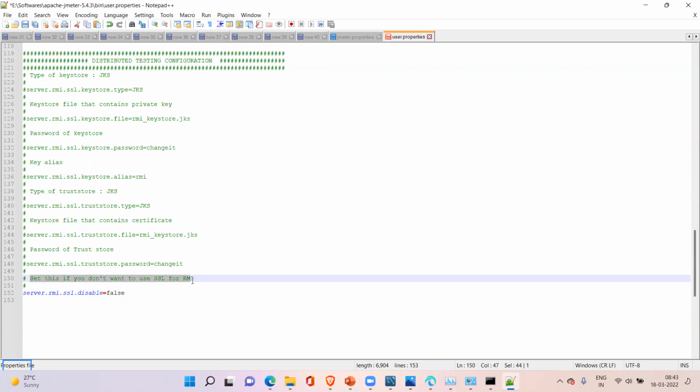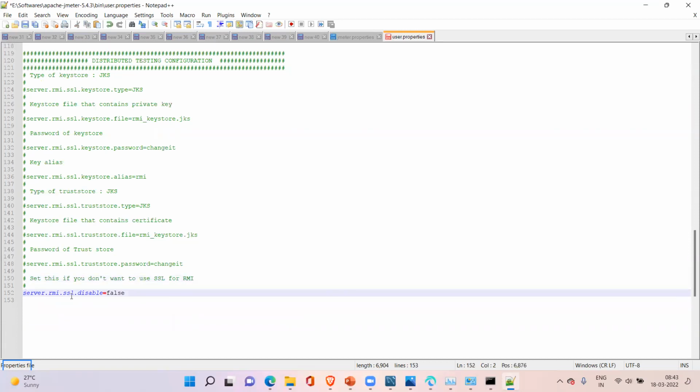If you want to comment out a particular line, you use a hash. I have uncommented this line, and you have to make SSL disable, RMI SSL disable, equal to true.